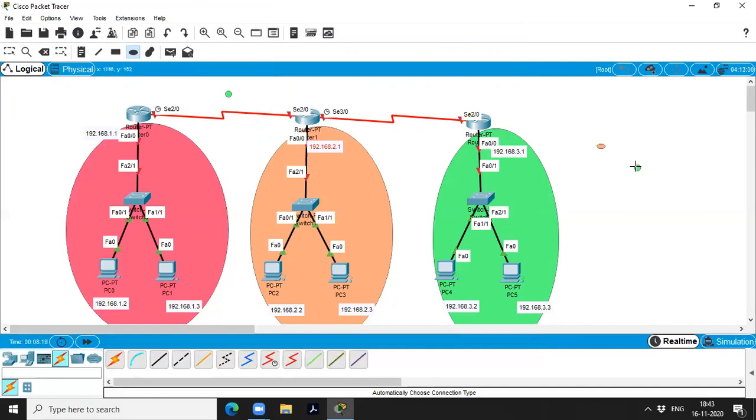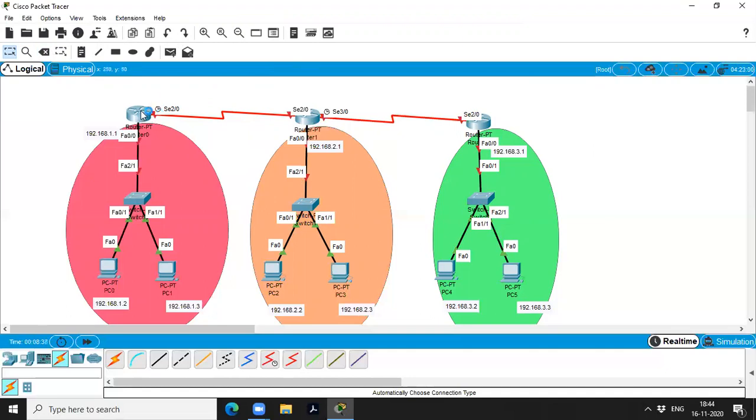Now I'm going to configure these three routers as OSPF.